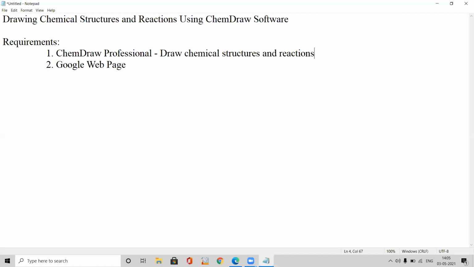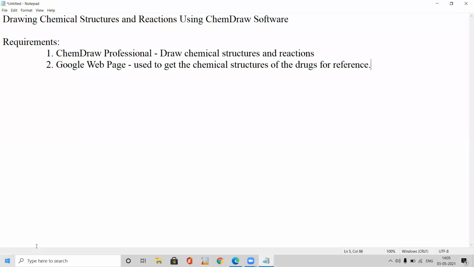And Google web page will be used to get the chemical structures of the drugs for reference, so that by seeing that chemical structure, we can draw it in ChemDraw Professional. So these are the requirements for today's experiment: ChemDraw Professional software and Google web page.